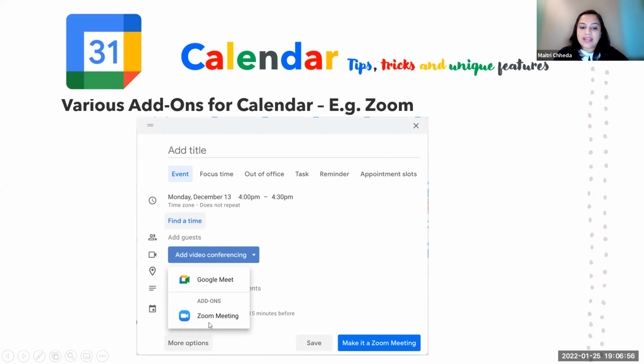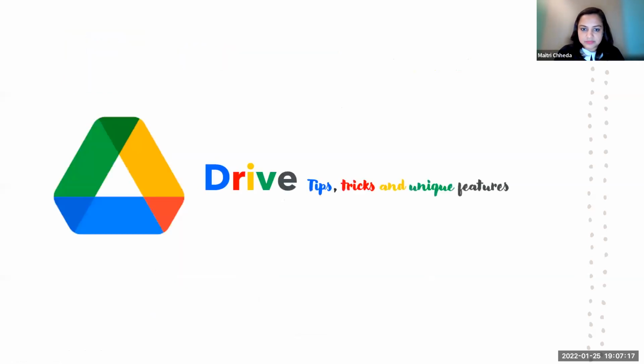But if you have a Zoom add-on, you can add Zoom meeting link directly in your calendar invite. Instead of sending a Zoom invitation from Zoom application, you can directly send the Zoom link from the calendar application, and it makes your life easier, right? So this is how the add-ons will work.